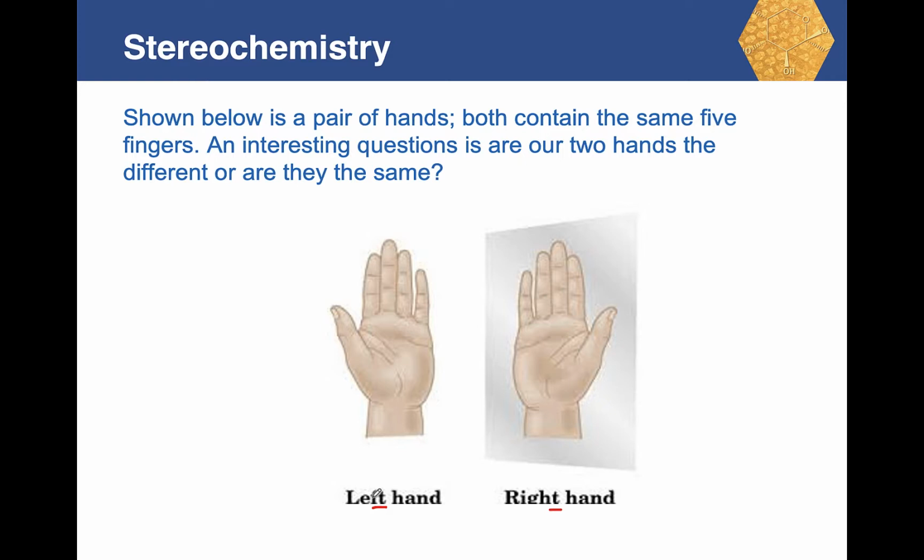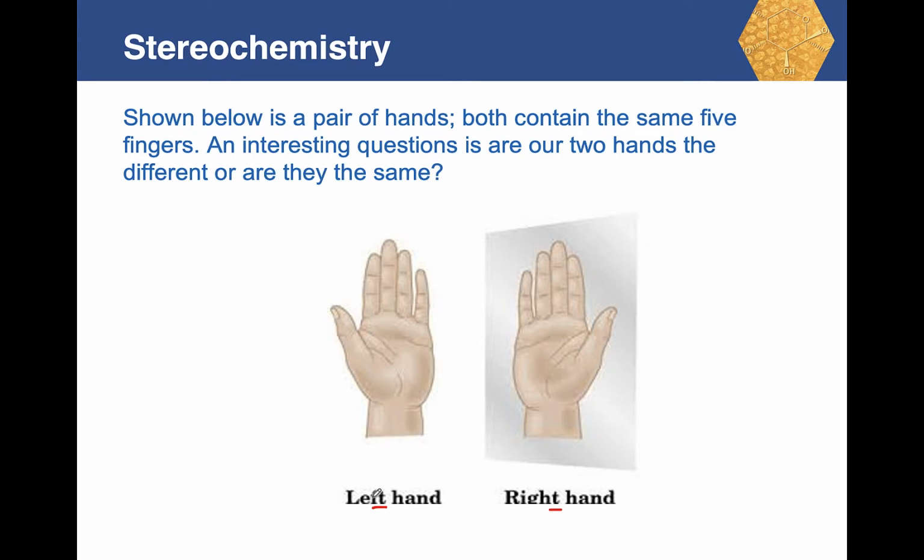So therefore it implies that the left hand is different from your right hand. So start using that as a starting point. Let's see how we can determine if 2 molecules are the same or different,